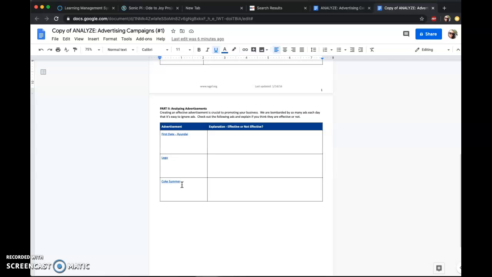So I want you to analyze each of those, and then you'll turn this document in the same way that you would turn in any other document by going into My Document and hitting Submit. And it should be linked